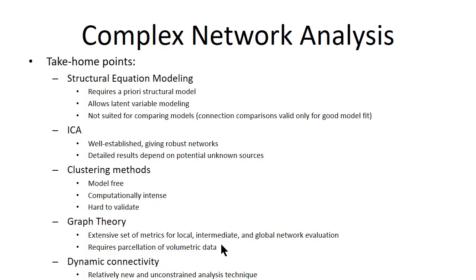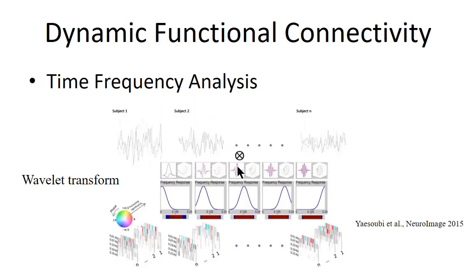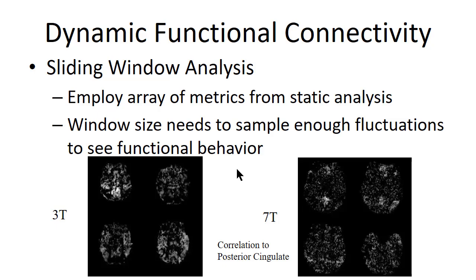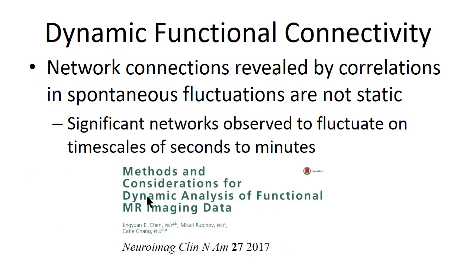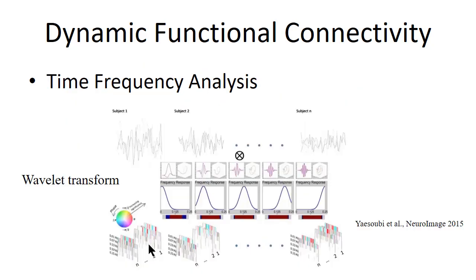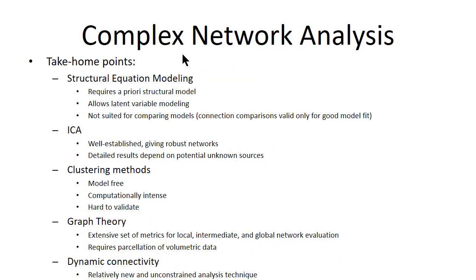I didn't really want to say any more on that because it's really early on in dynamic functional connectivity. There really are no well-established metrics or statistical methods. But I do recommend a review that just came out by Katie Chang, Mika Ribanoff, and Yingwen Chen. They have a nice review of the pros and cons of dynamic